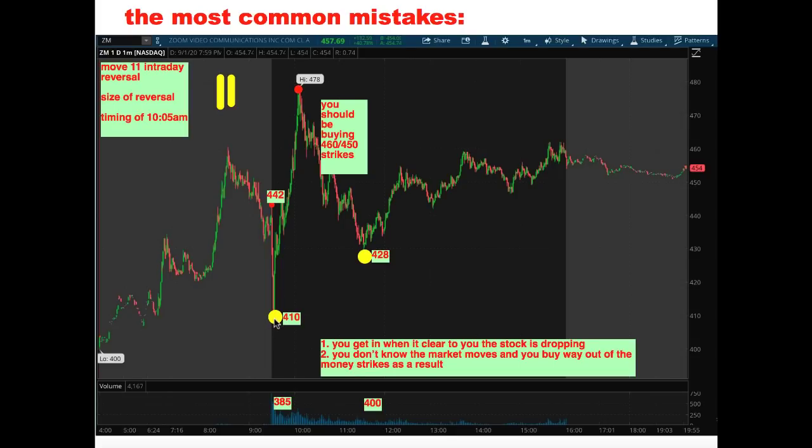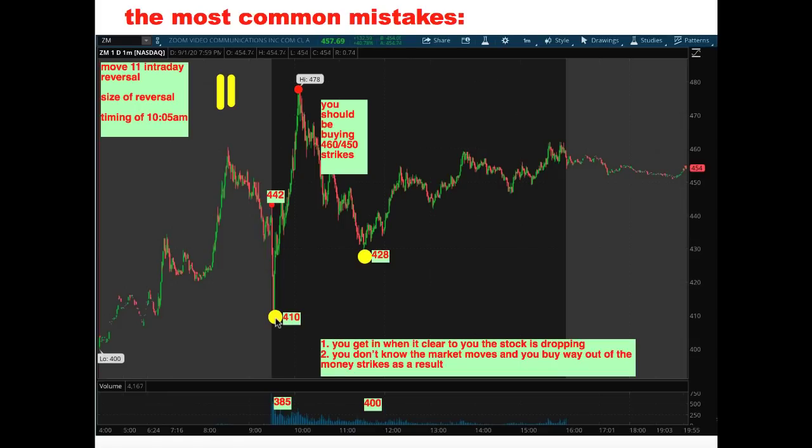You don't get in here because now you're looking at this and you're like, oh my God, it's definitely dropping, I'd better buy puts. No, you don't buy puts at the lows of the day. Especially when this type of circumstance happens, a trader wants to buy puts out of the money because now he's seen it's crashing, it's going to go much lower. So in this type of circumstance, let's say the trader is now looking at buying 385 strike puts. Initially, maybe when the market was opening, he was thinking about buying a higher strike, but now